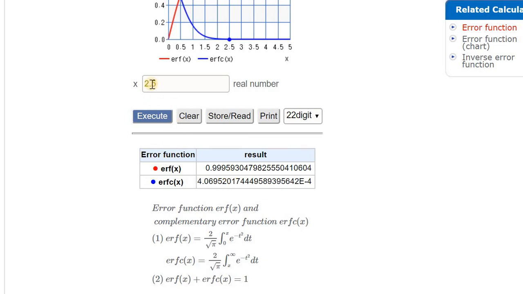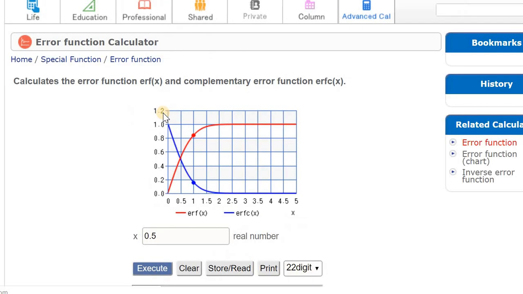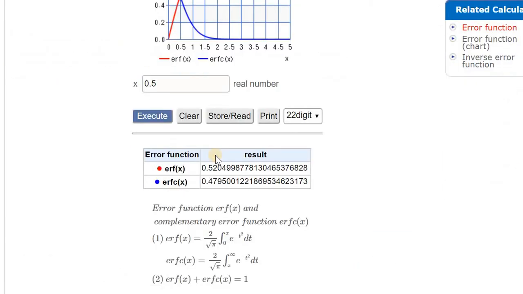And if you go for a smaller value, for example 0.5 only, and execute, you can see the error function value is, okay, what happened? This cursor got, okay, fine, it's working now. Now you see the value. When x is 0.5, the error function at x is 0.5204.